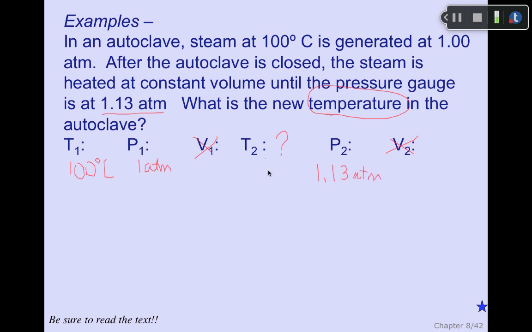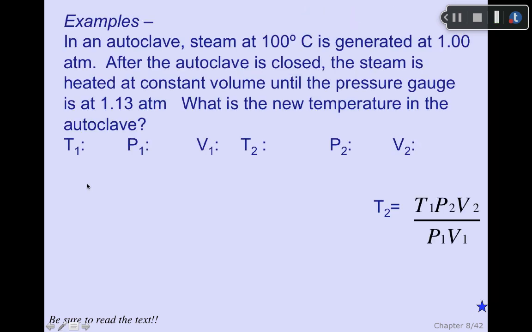Now, what do we use for an equation? The equation, I believe I have it shown here, is going to be T2 equals all of these parts put together. If you rearrange the P1 V1 over T1 equation, you'll get this version. And so for this problem, whoops, go back. Oh, I apologize. Now to continue. Set up your equation very carefully, and to do so we'll begin with T2 equals. It's much easier to rearrange the equation with the variable letters in it than to stick in the numbers and do the rearranging. So T2 will be T1, 100 Celsius,